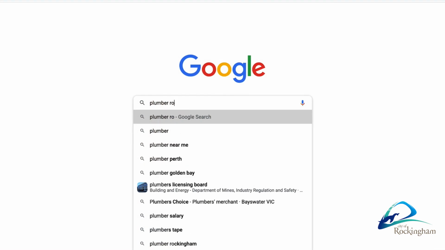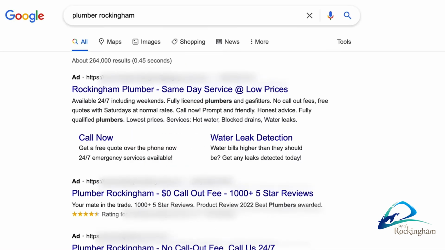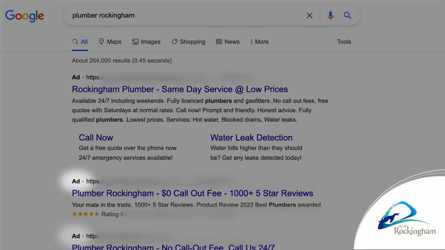Particularly on Google, the first few suggestions you will find will be adverts. So usually the first maybe 2, 3, 4, 5 that are listed, people have paid for that position. So rather than it necessarily being the one that fits your criteria the best, it's one that's a paid for ad.